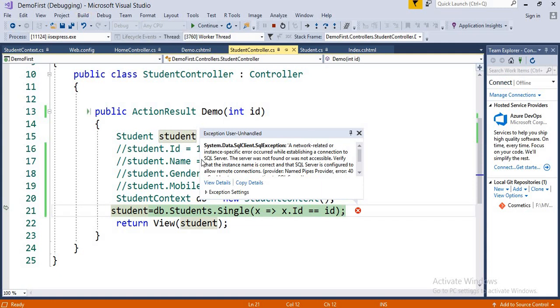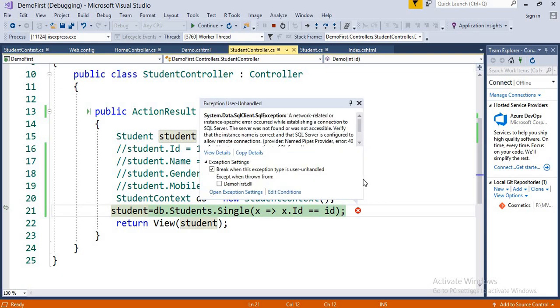A network related instance specific error occurred while establishing a connection to SQL Server. The server was not found or was not accessible. Verify that the instance name is correct and that SQL Server is configured to allow remote connections. Provider name pipes, provider error 40. So in this kind of error, we can